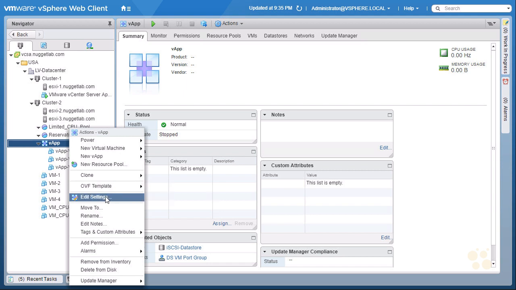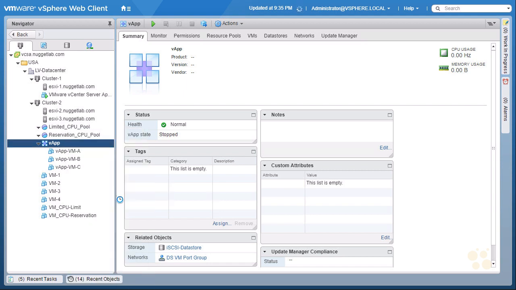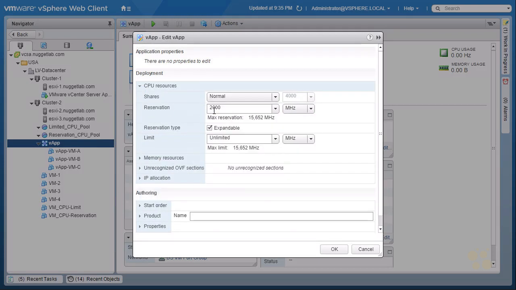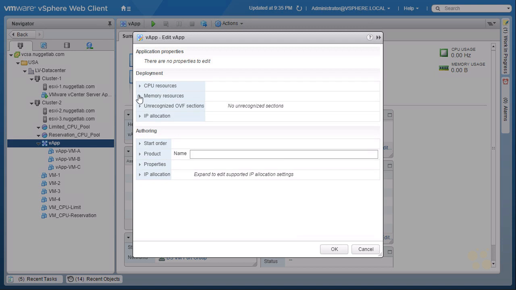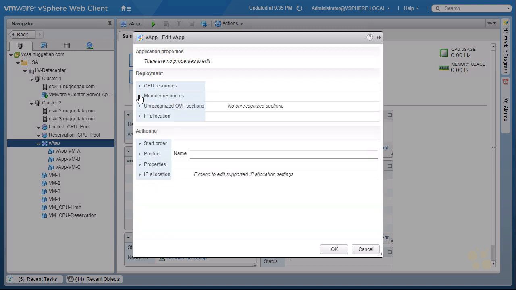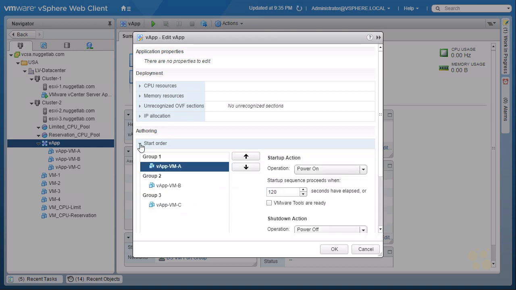So what we want to do is click on Edit Settings regarding the vApp. And here we can modify the CPU resources. There's our reservation of 2 gigahertz. We can configure the memory resources with the shares and reservations and limits. And we can do other things such as modify the start order of the VMs. So if we click under Authoring and expand the start order, it has these VMs in these 3 different groups. And if we click on, for example, vApp VMA, it's going to show us the startup sequence, which says